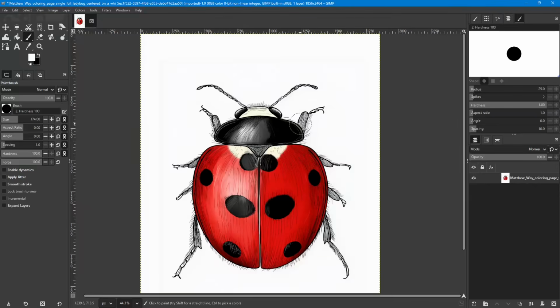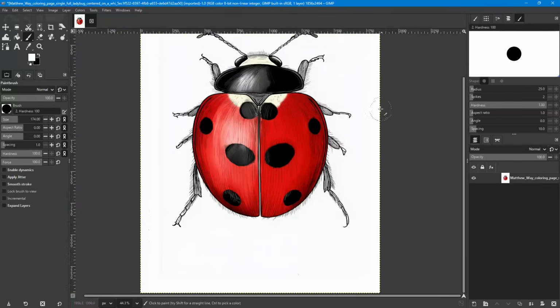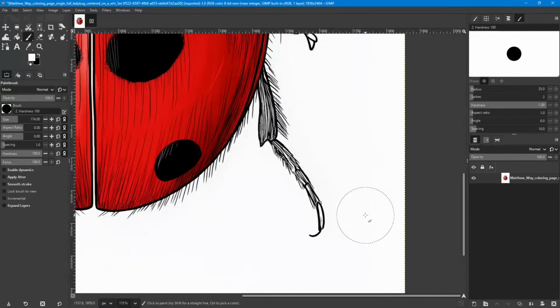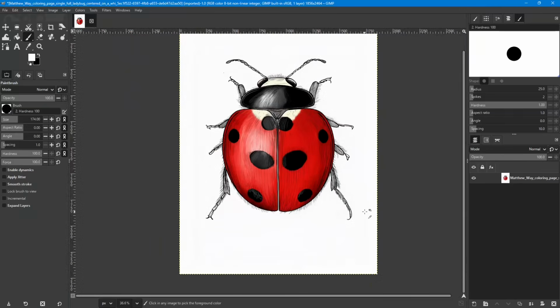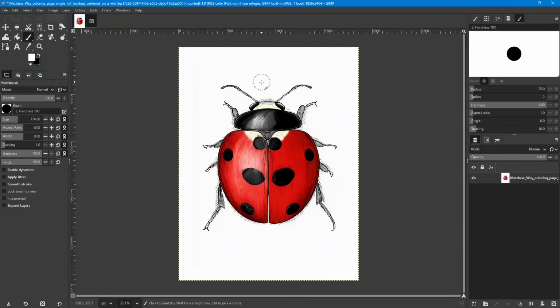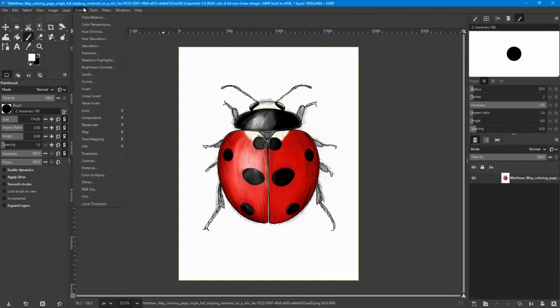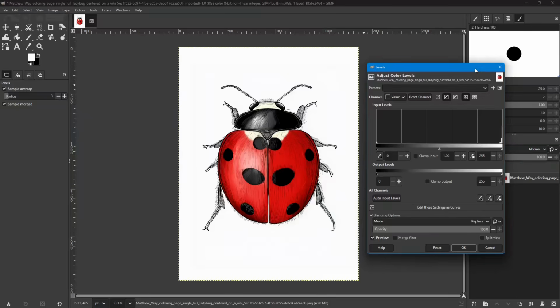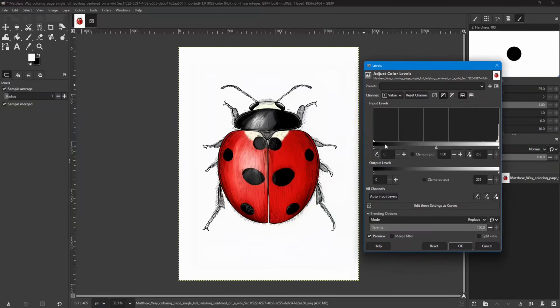So now that we do that, one of the first things that we need to take care of here is get rid of this gray rectangle behind it. Again, it's very faint. You can't really see it, but it will limit how good our selection will be if we leave it in there. So what we're going to do is use the levels in the colors menu. When you get this levels dialog box, you'll see that you have